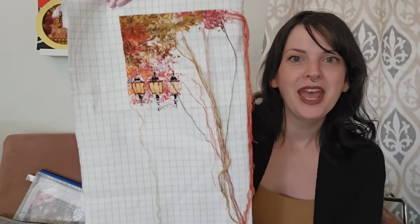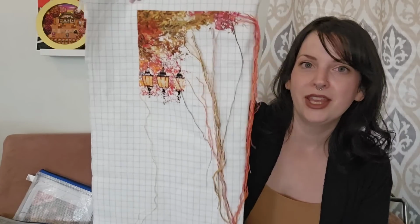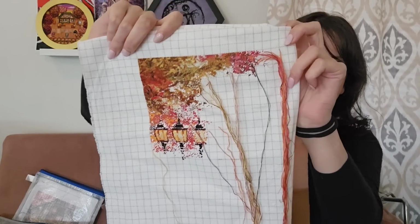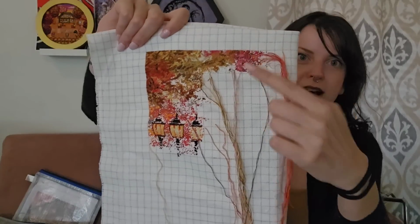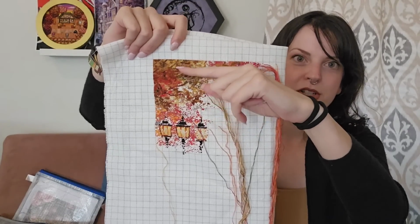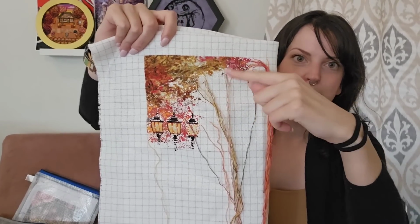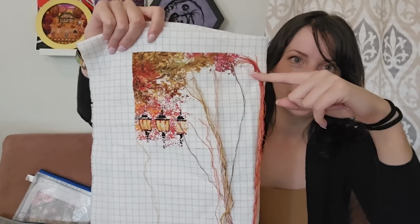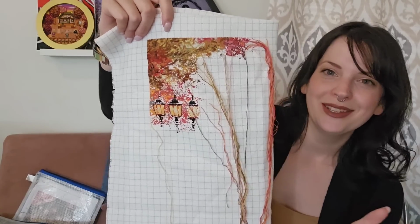So I love this chart. And I am stitching this on 25 count 2 over 1 tent stitch. And the way that I've been stitching on it recently, on a lot of my projects, is just stitching across 2 or 3 blocks at a time, and so that's what I started doing. I would just pick a color, stitch across the top, and that's the easiest way